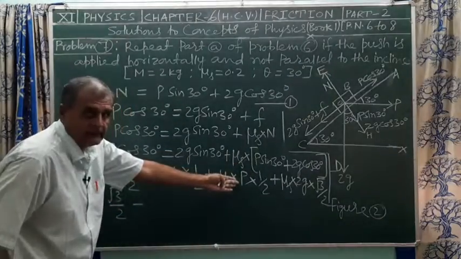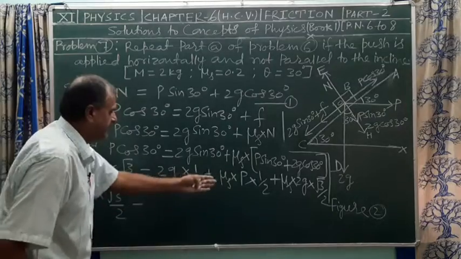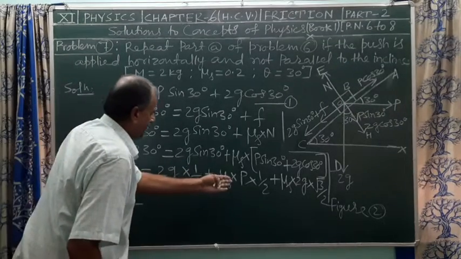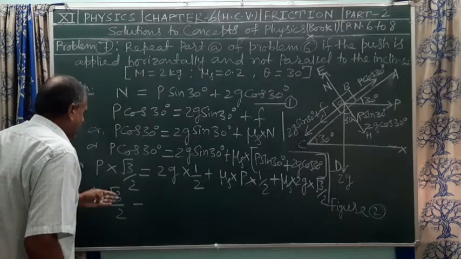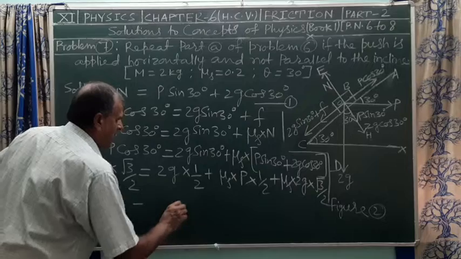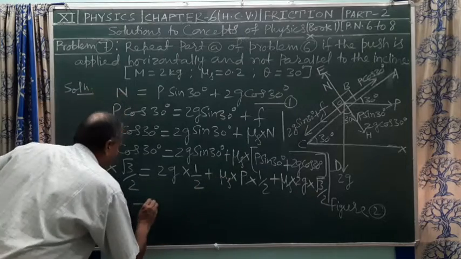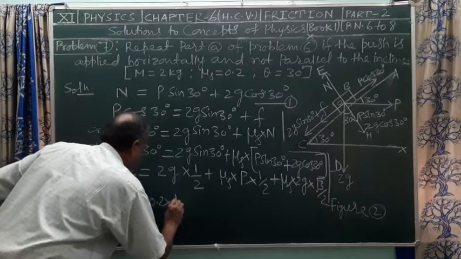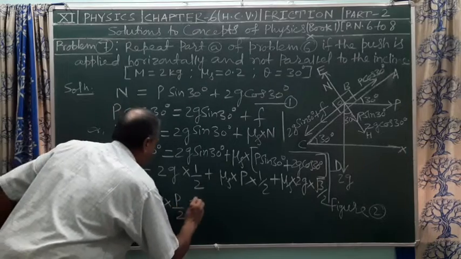This term is taken from RHS to LHS, so the term will be negative in LHS. So it is P into root 3 by 2 minus mu s, which is 0.2, multiplied by P into 1 by 2, that is P by 2, equals, in RHS,